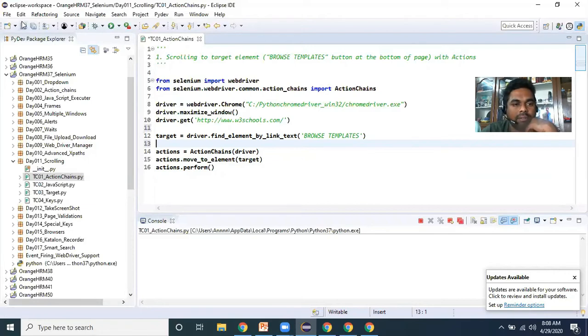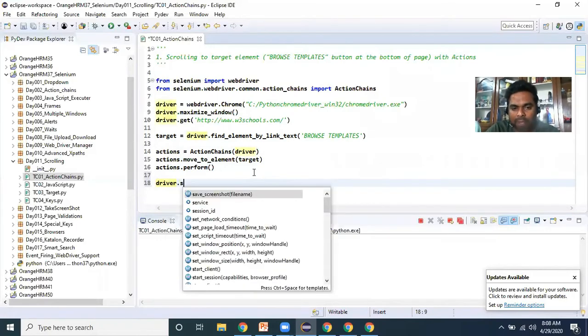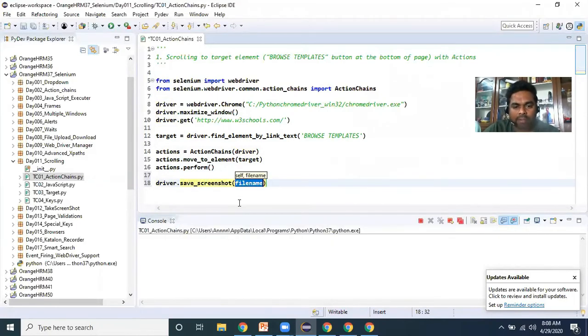Suppose I want to take the screenshot. Every time, I'm able to capture only the current screenshot. But I want to capture my screenshot after scrolling. So first of all, I have to know how to do scrolling.